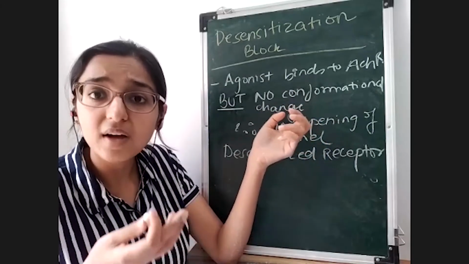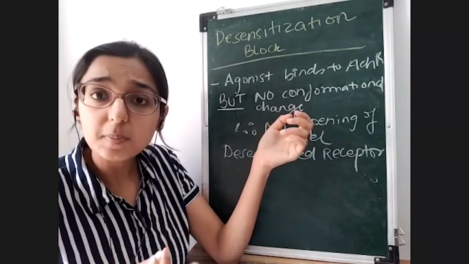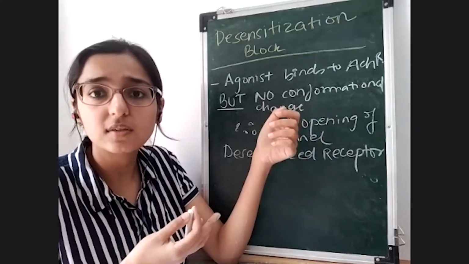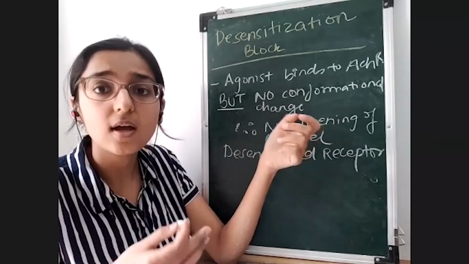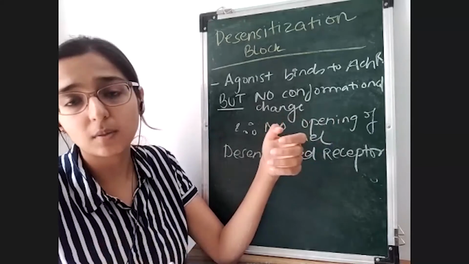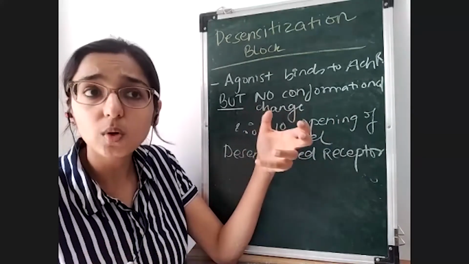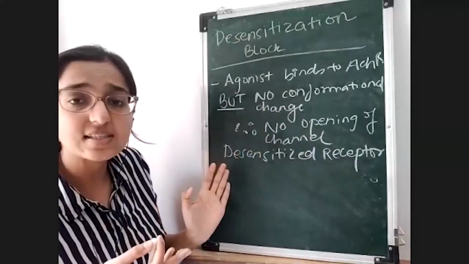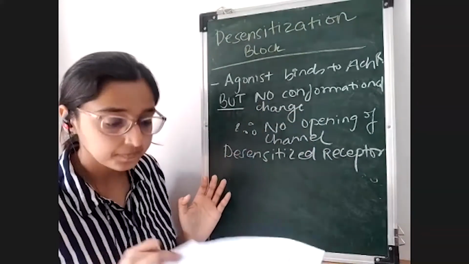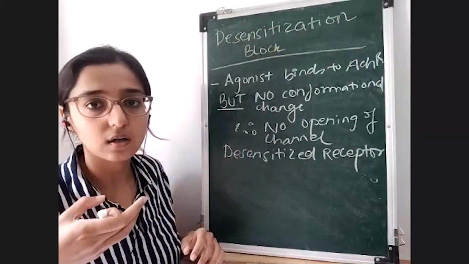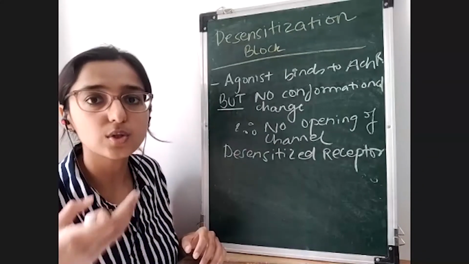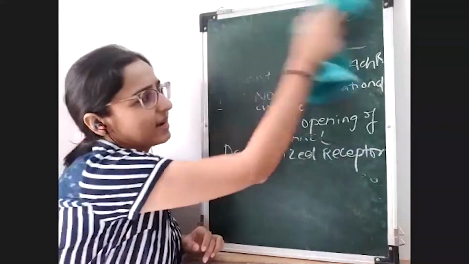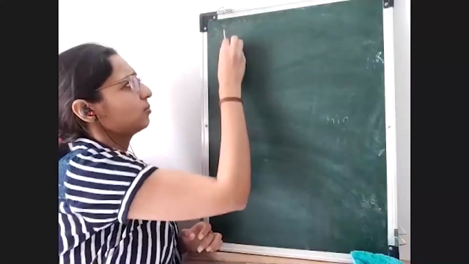So at this point, if I give a relaxant, this patient will be more sensitive to the relaxant action, right? Because he's already having muscular weakness because of the desensitized receptors. The remaining normal receptors are getting blocked by the muscle relaxant. So there'll be a much more profound effect of the muscle relaxant in these types of patients who have desensitized receptors. All right. There is a list in Miller's of the drugs which are responsible for causing desensitization of receptors. All right. Next, what we need to understand is what a phase 2 block is?